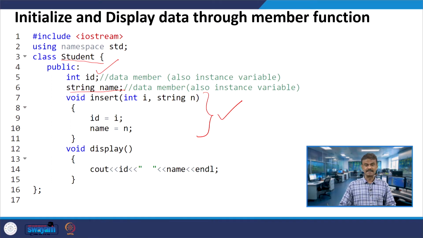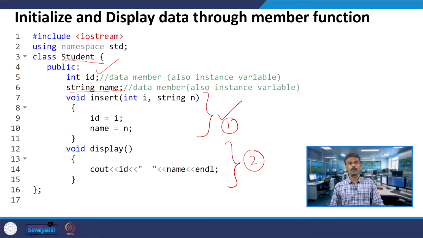Here it is insert, with an integer i and a string n. I am just copying, this is like a getter and setter. You will get the value and set this into ID and name. This is the first function, and we have one more function called display.